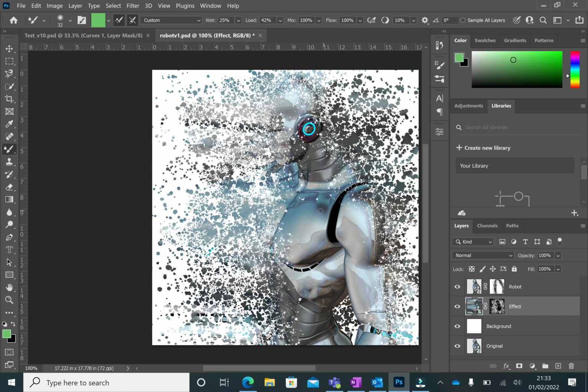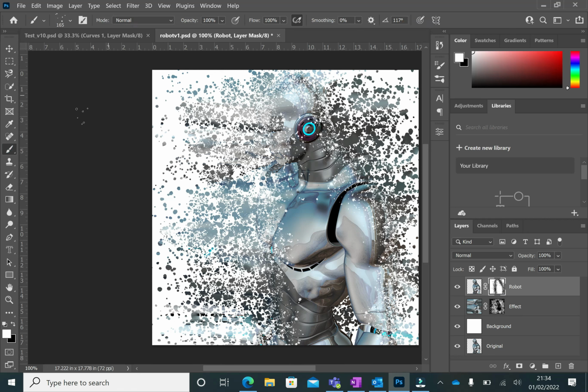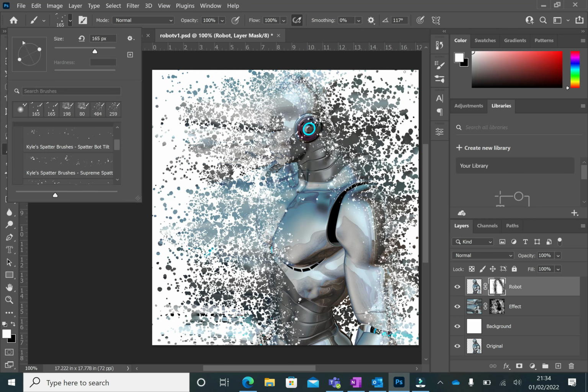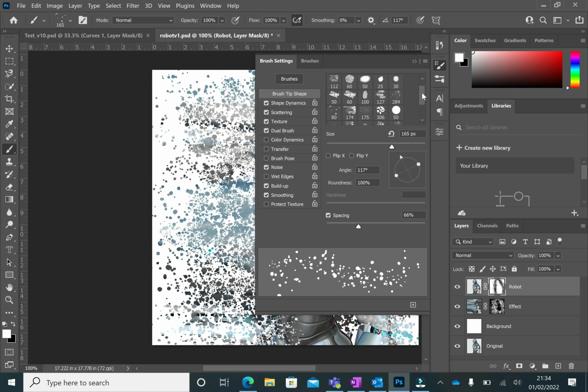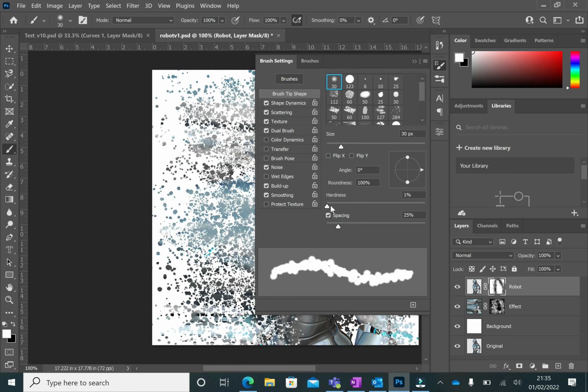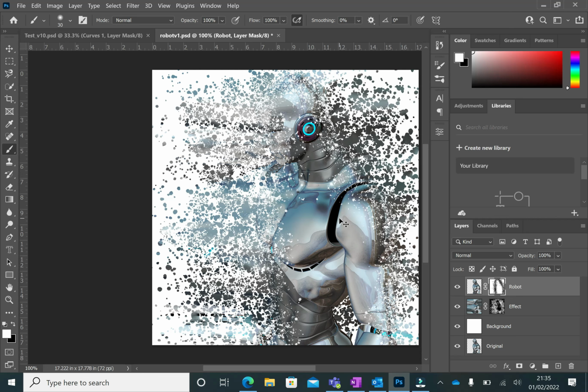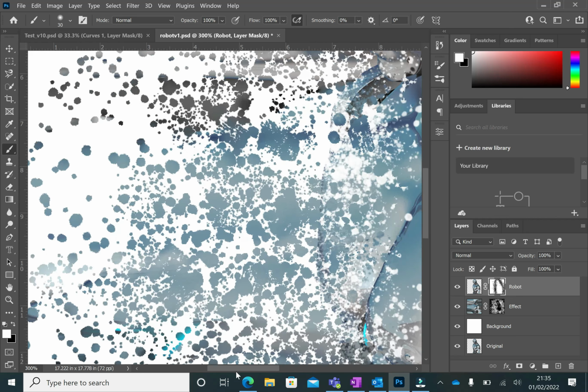Okay, so the next thing I'm going to do is click on my top layer mask, that square there. And I'm going to select the brush tool. Make sure the foreground's white still. And select a soft brush. So I'm going to click on something like that, for example, and hardness. That's about right, really. And then I can zoom in, Control and plus, and I can see on my robot